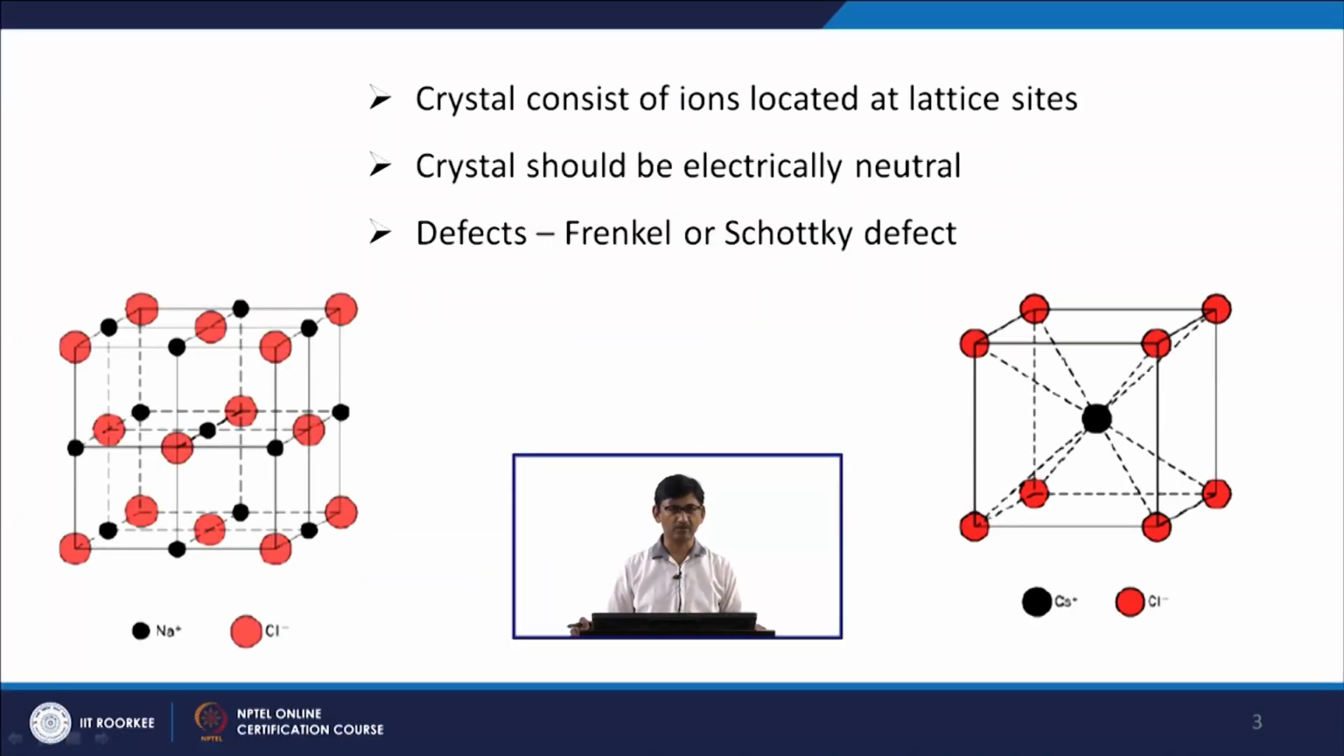So, just to have some idea about their crystal structure. A crystal consists of ions located at lattice sites. Each lattice site is occupied by one type of ion, and the crystal should be electrically neutral. In totality, for any ceramic material, the main thing is that electrically it should be neutral. So, the number of positive ions and negative ions should be the same. And that is why, you must remember, when we were discussing defects, the Frenkel and Schottky defects, in both